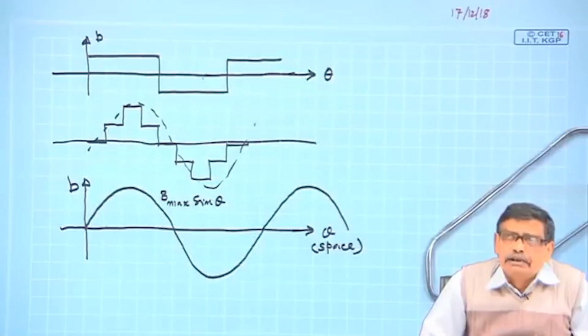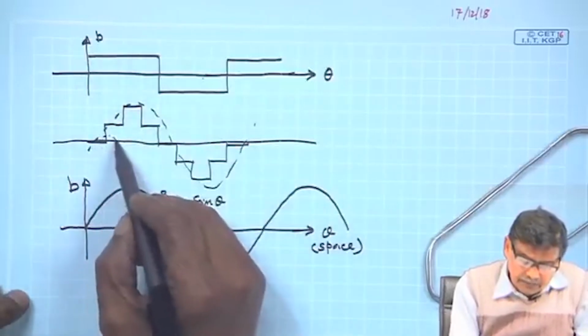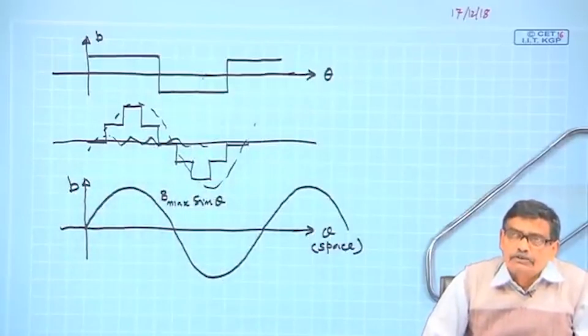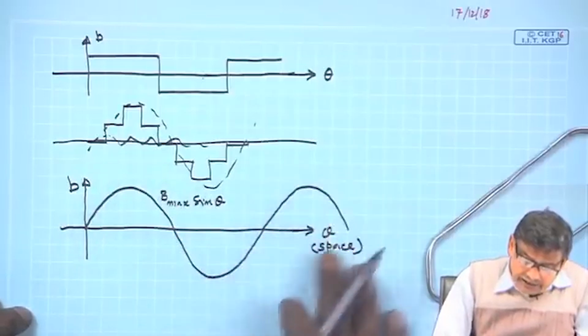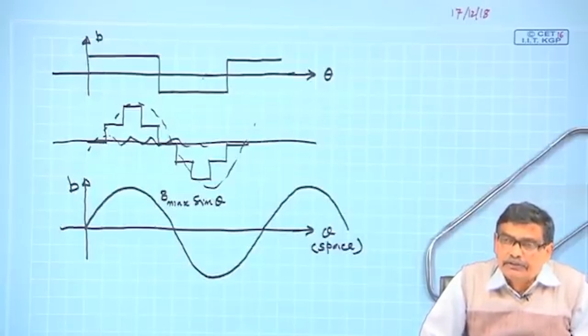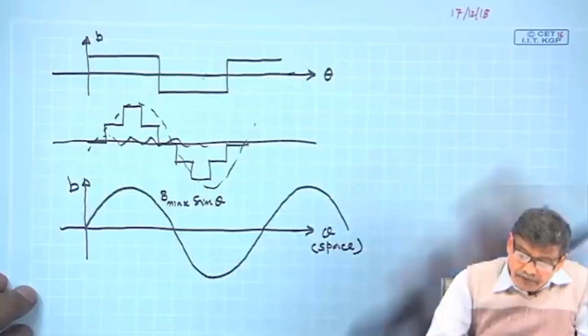So, only the fundamental component of these different harmonics, I will neglect the effects of those harmonics to begin with. Okay. And for this, what will be the induced voltage in a particular coil, we will try to find out. Now, before that,